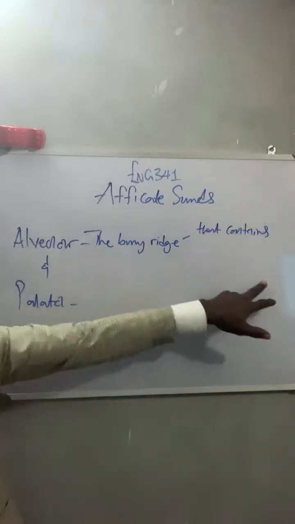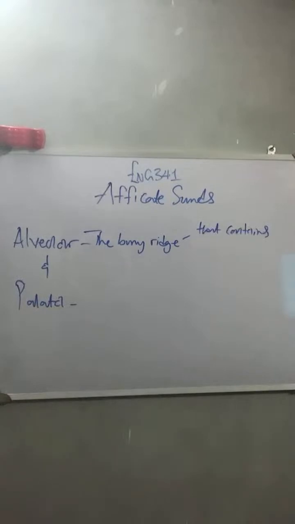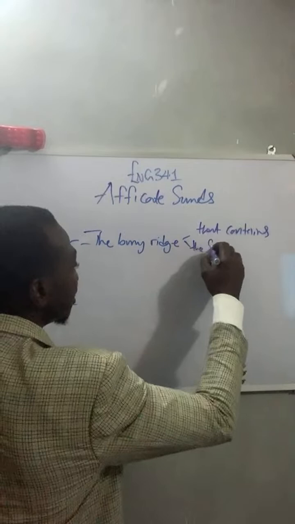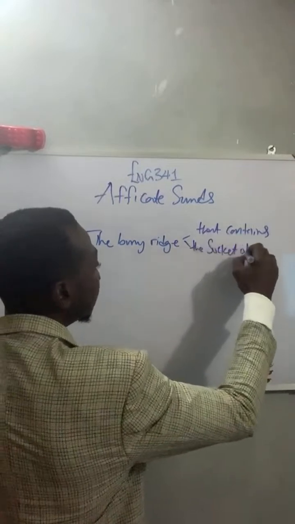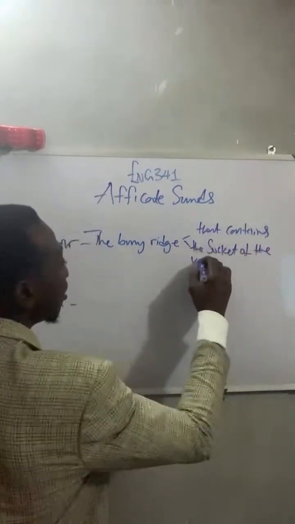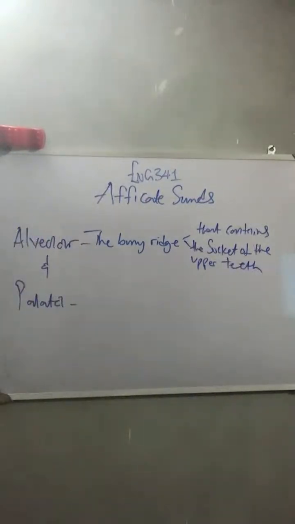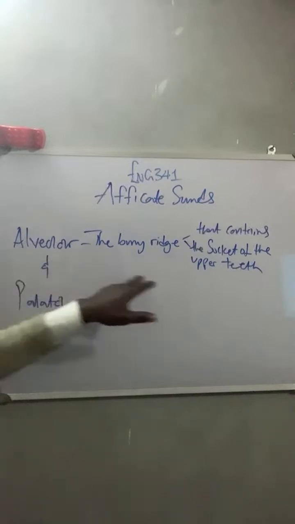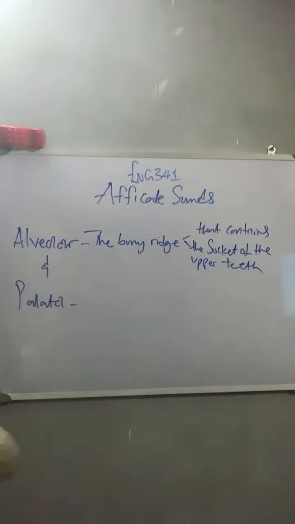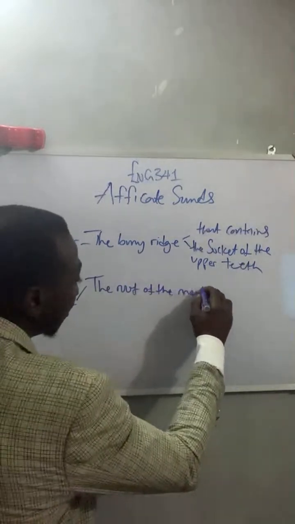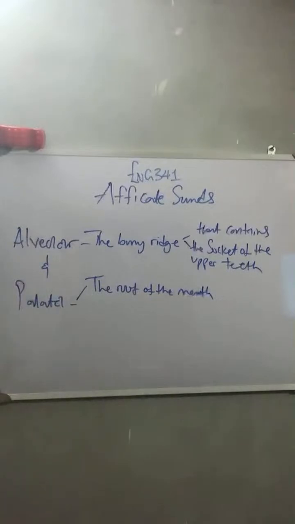Now that contains the what? The socket of the upper teeth. All right, the socket of the upper teeth. That is the alveolar. Now as for the palatal, it is the roof of the mouth separating